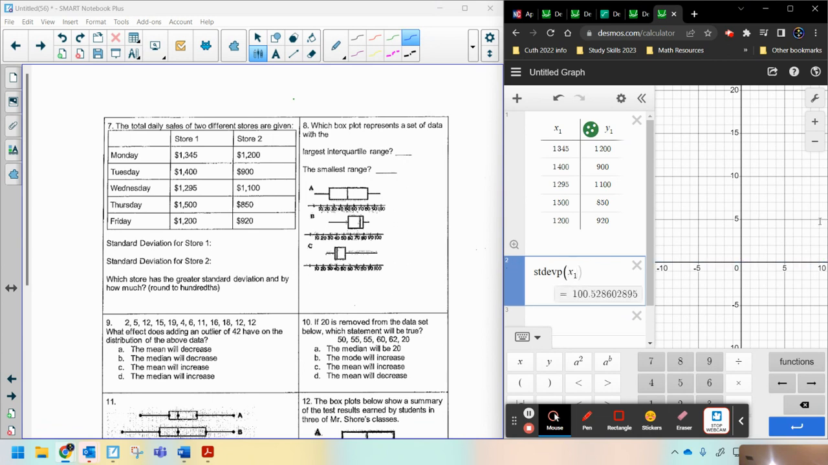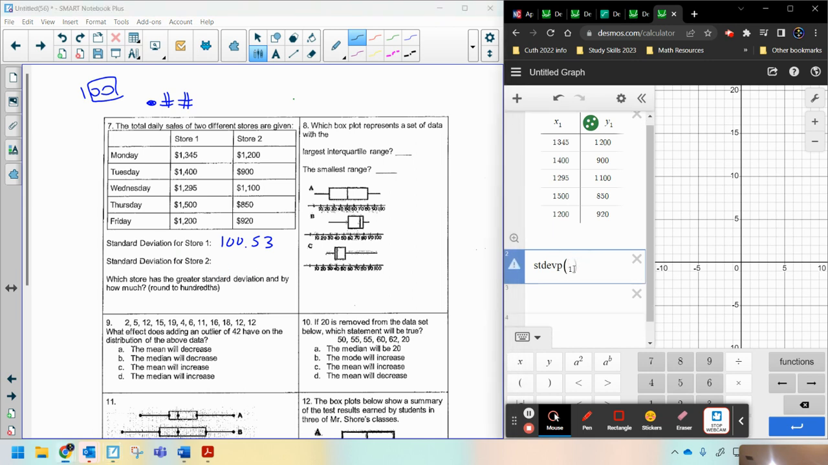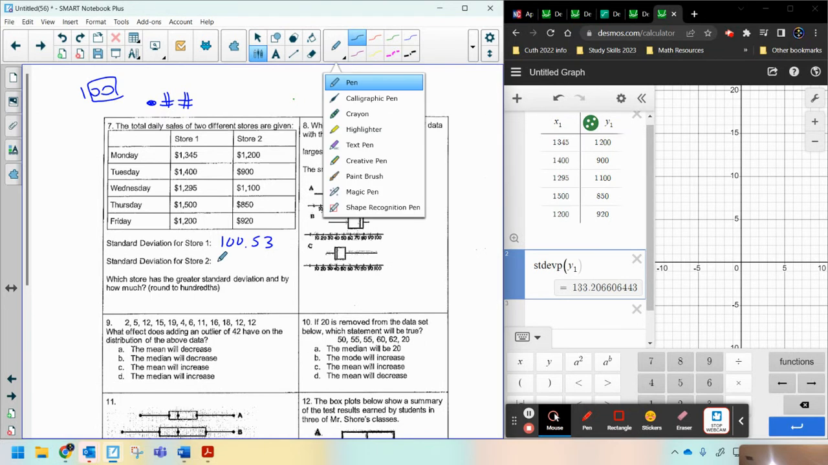x1, and that's going to be 100.52 for 1. It says round to the hundredths, so I'll just do 100.53. 100 has 2 zeros, so we know we need 2 numbers after the decimal in our answer to round to the nearest hundredth. Now the standard deviation for store 2, I'm going to change this x1 to a y1 because that's the second column. 133, I'm going to round to